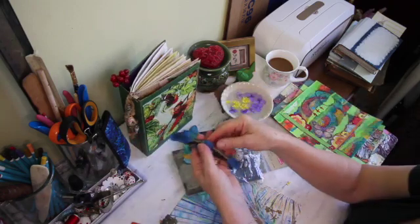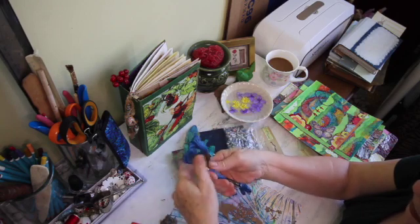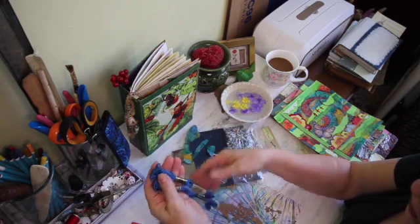And also, I did not buy this. This was something that was given to me. I went out in the she shed and I kind of looked around. I couldn't stay long because